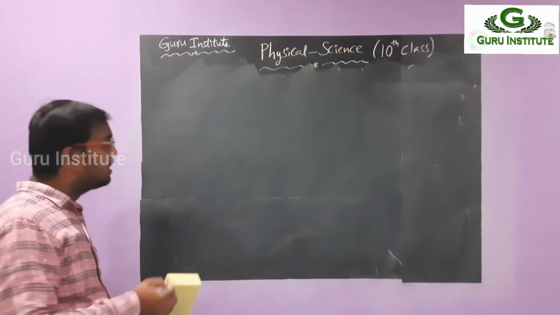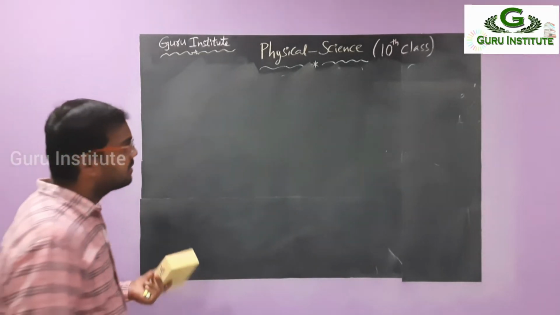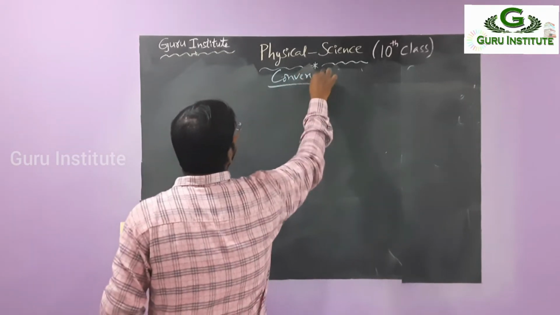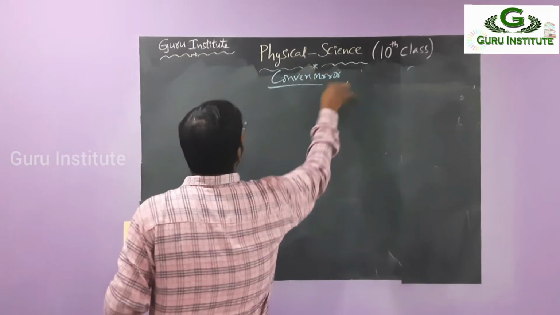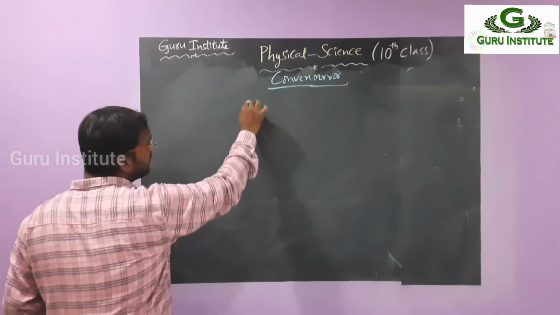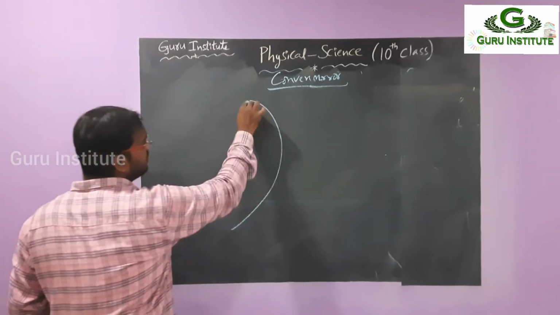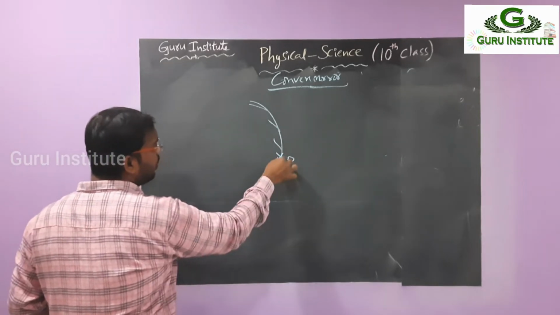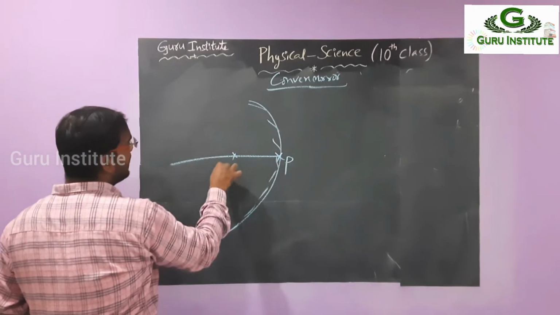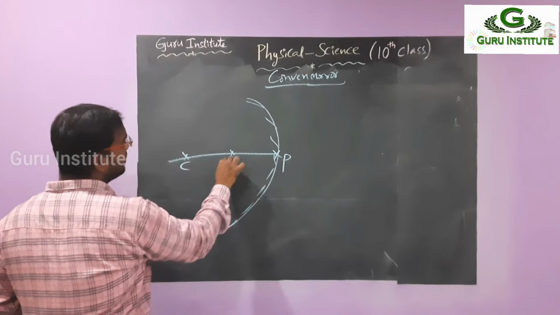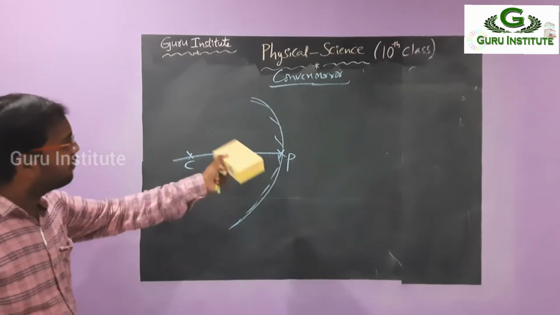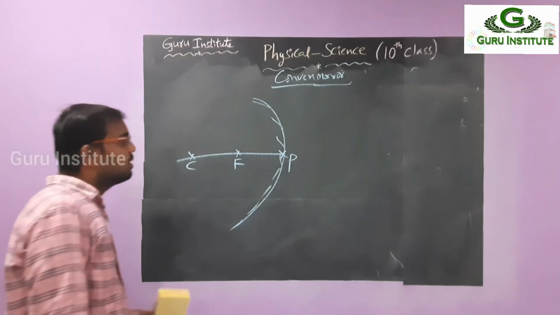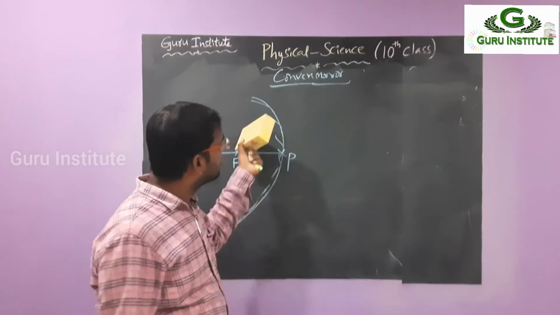Let us see what will happen in the case of a convex mirror. Will it be the same or different? We have to see, right? So convex mirror, this is the first one. Again shading. Again, what do we have to take? First the pole, then the principal axis, C, then the focus. In the convex mirror, these all lie inside. But are we able to keep the object inside?